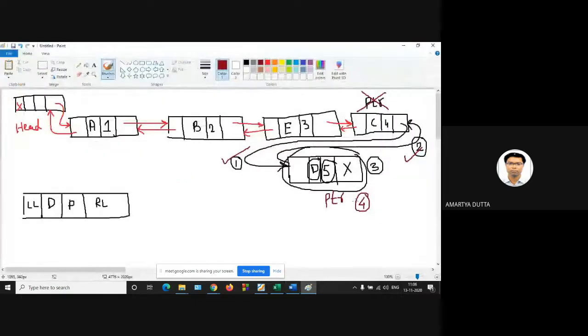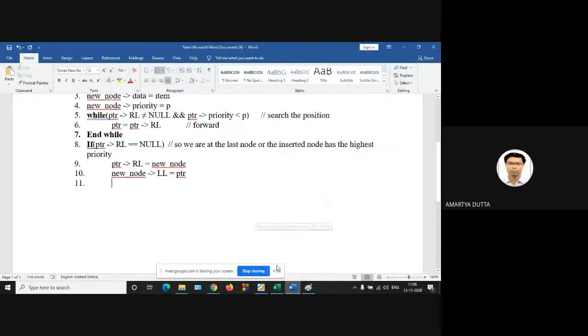This is the third operation, that is the next part, that is the right link part of the new node. So new node, its right link part is null. And then your rear is new node. Okay. So there are total 4 operations.